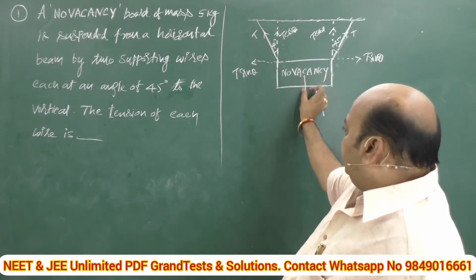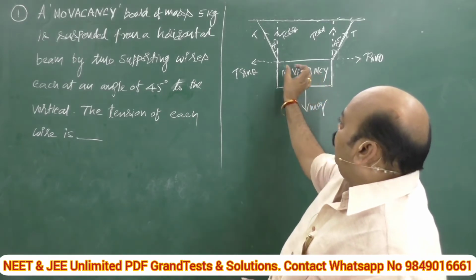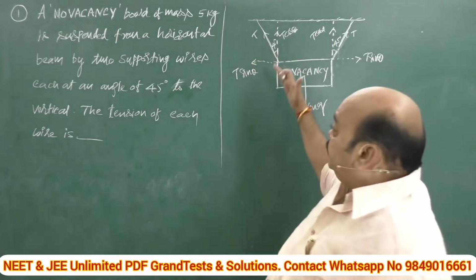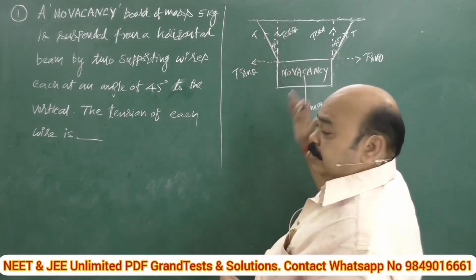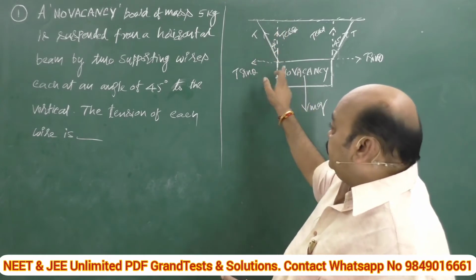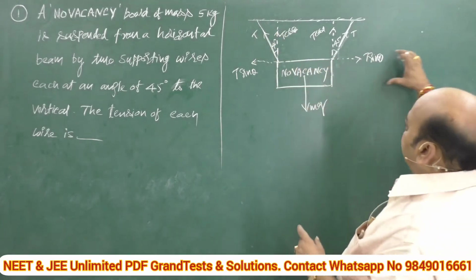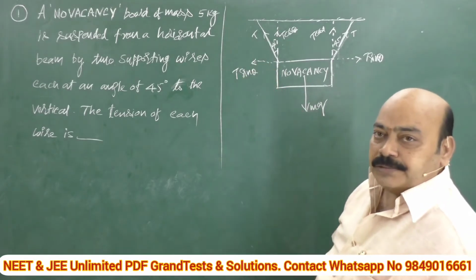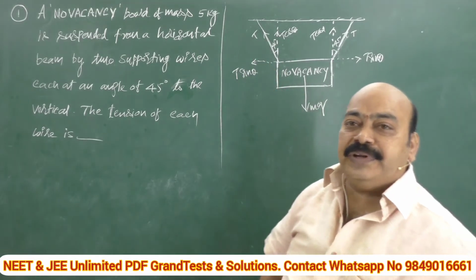Since weight acts vertically downward, there are no vertical direction forces in terms of tension. Tension is acting, making a certain angle with the vertical. That is the only twisted thing, so we have to resolve like this. For example, if this board is pulled with a horizontal force, we have to consider the horizontal tension in this direction in order to get the condition for equilibrium.